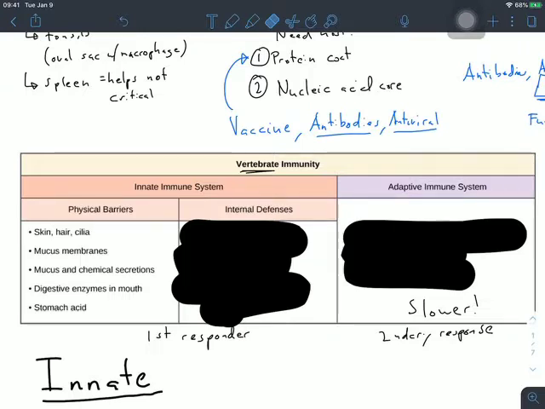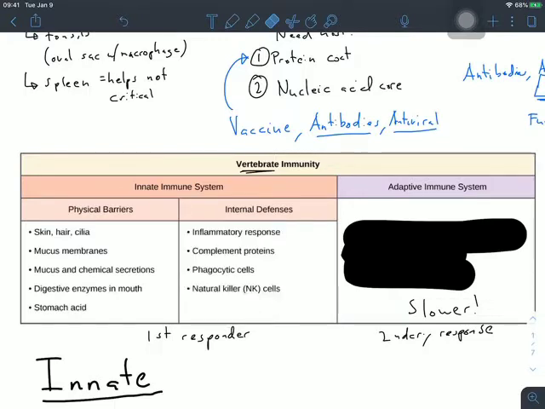You have other chemical secretions in that mucus. You have the digestive enzymes in your mouth that help prevent or break down some things as they enter. And then you have that very effective stomach acid that breaks down most viruses and bacteria that might find their way in there. On your internal defenses, you may be familiar with some of these. You may be not familiar with some of these. You have a general inflammatory response, complement proteins, phagocytic cells, meaning cells that eat other cells, and your natural